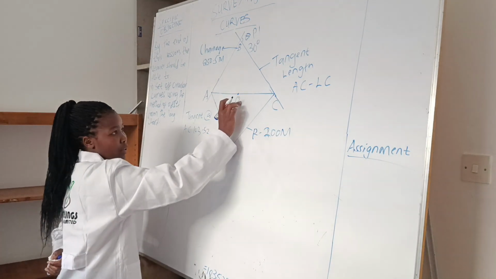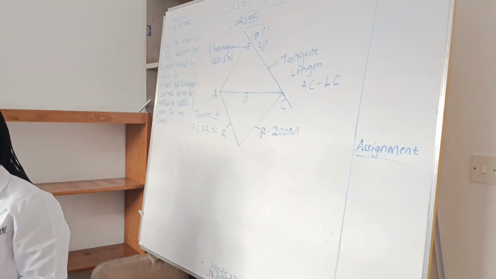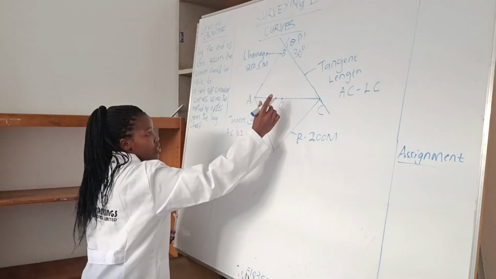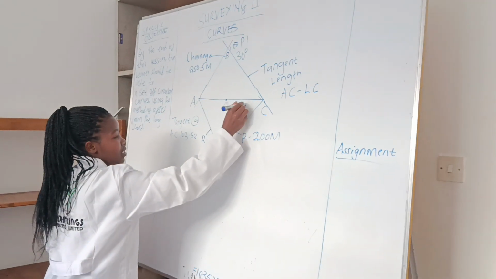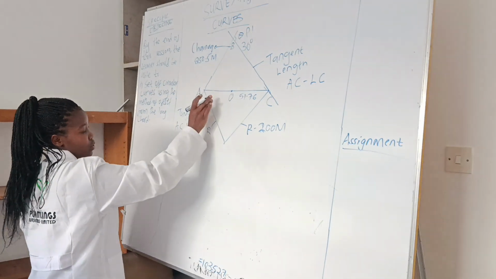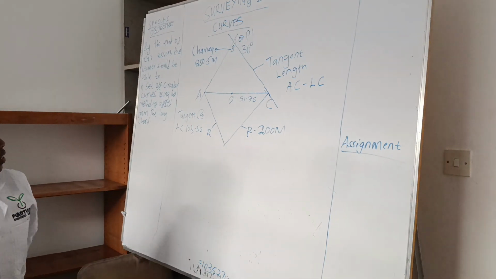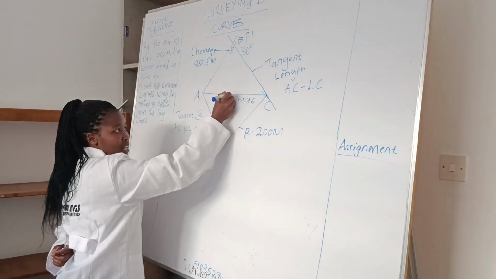Let's say this point is point O. When you divide 103.52, you get 51.76. So from point O to C is 51.76, and the other side also 51.76. Now from there, we want to find out the curve, standing at this point,